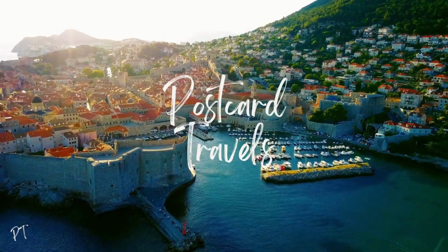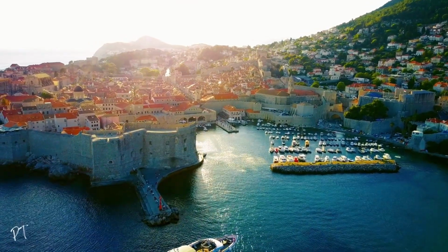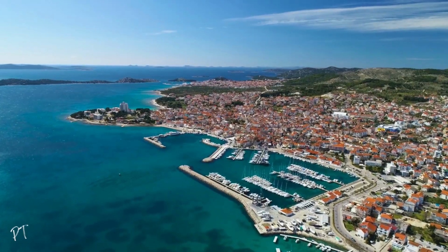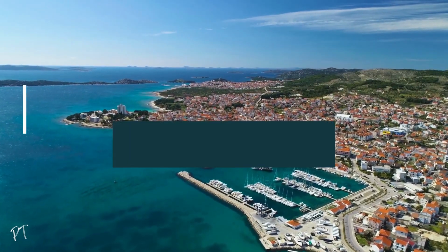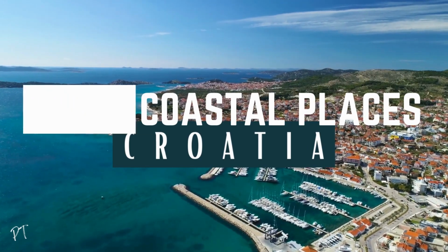On the east side of the Adriatic Sea lies an amazing country loaded with coastline and some of the clearest water on Earth. Croatia begs to be explored, especially along the water. But where would you even begin? Well, I've made it easy for you as I've compiled my top 15 coastal destinations in Croatia, and we're going